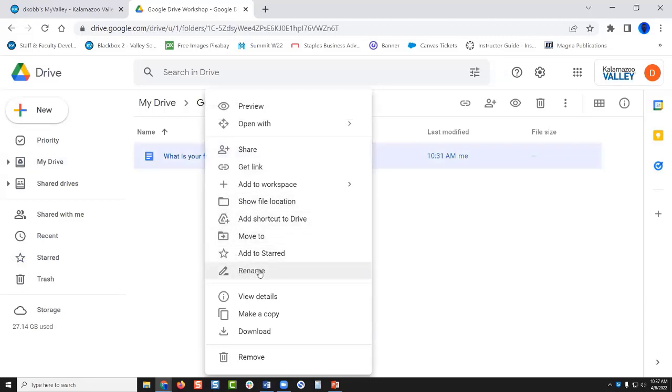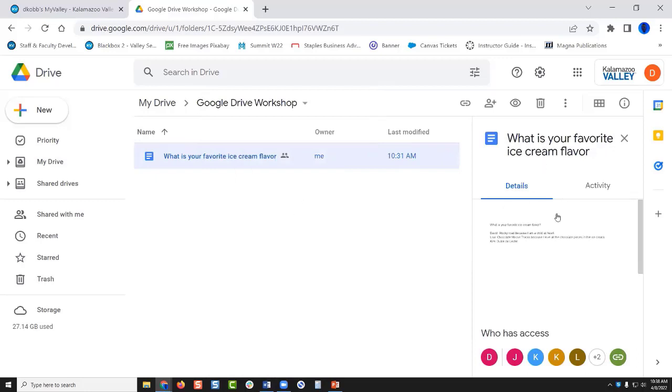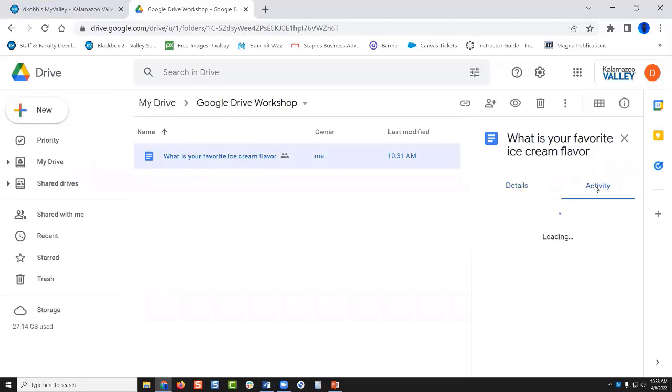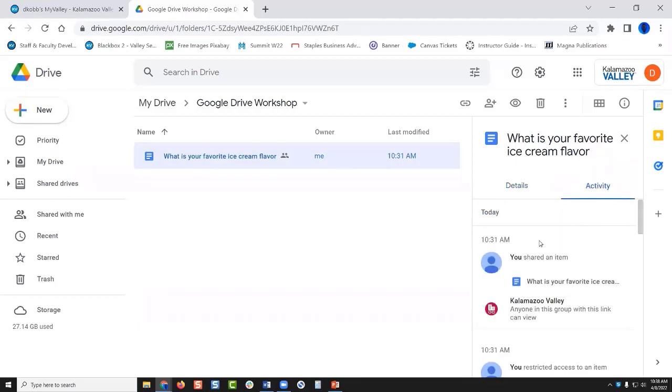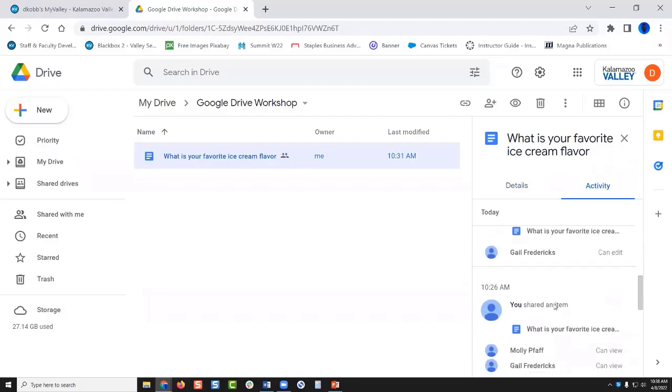You can rename it. That's self-explanatory. View details. When I click on that, I get this little pop-up on the right. And the details tab basically just has a little preview of what the document is. And then the activity tab will show the changes that have been made over time, which is really cool.